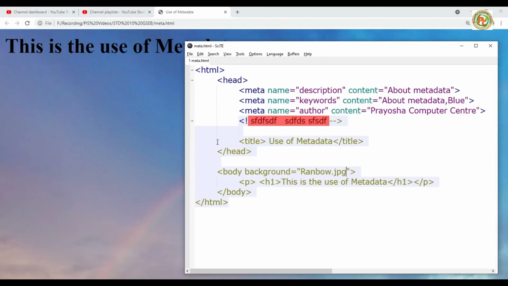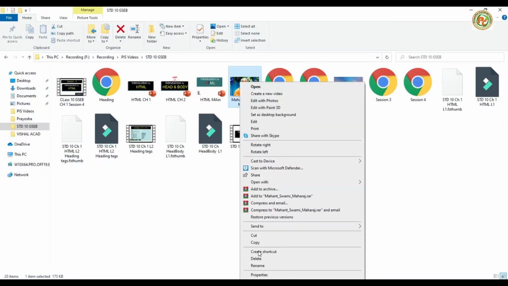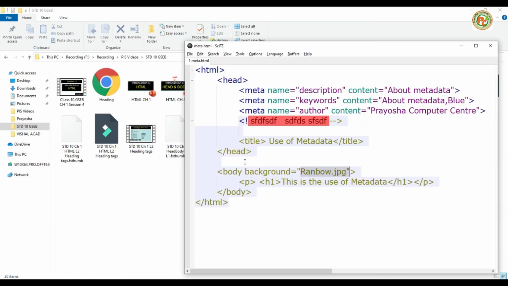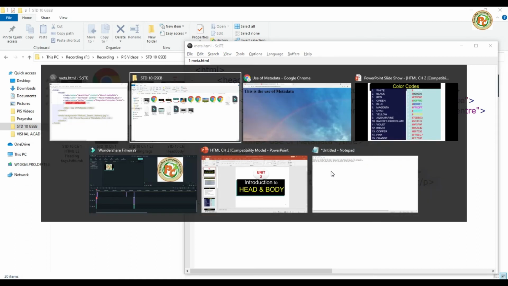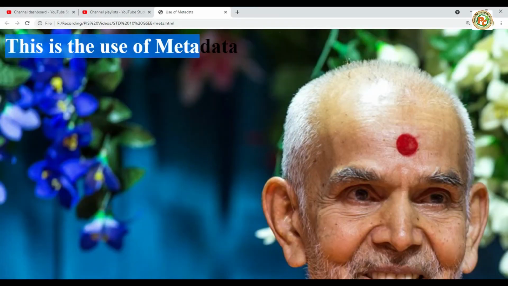Got it. So what to write to display an image inside there? In the body tag we have to write background is equal to the file name. Okay, now I want to change the file name. This is the second file, so I will copy the file name. Make sure that the type of the file is also correct, whatever name is there. I will Ctrl S and run it and press F5. Yes, you can see our content is here.